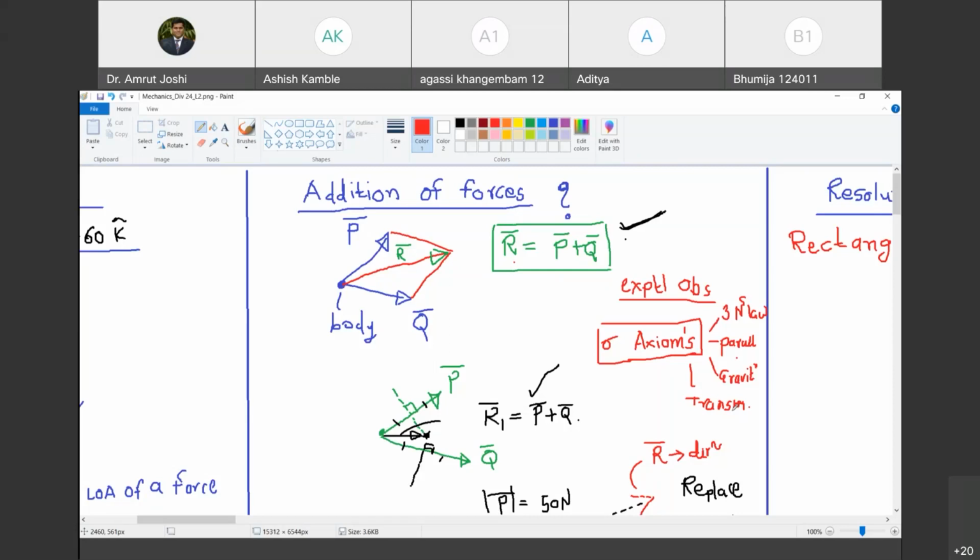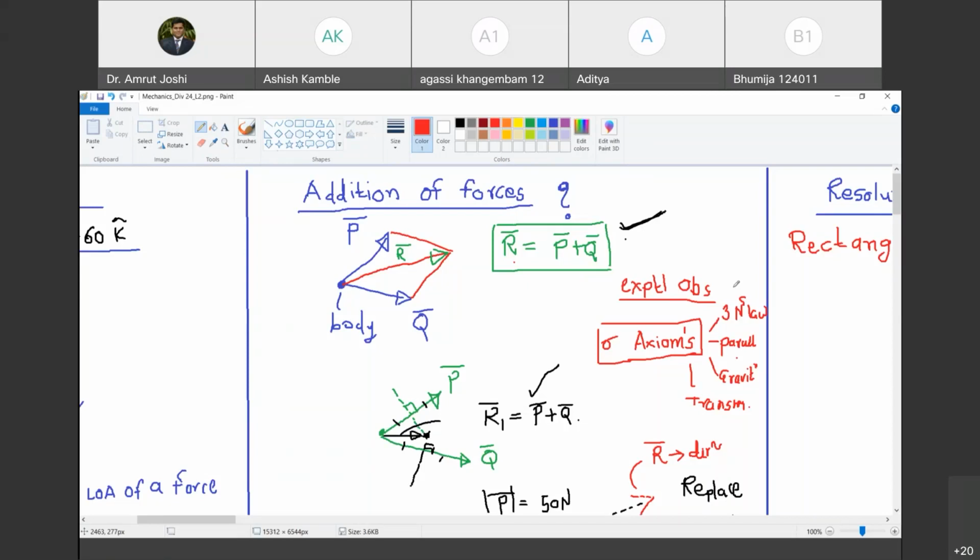So therefore, in our observable universe, all these 6 axioms are found to be true in most of the scenarios. But now we are talking about Newtonian mechanics. When the objects approach the speed of light, few of these axioms are compromised. Are you with me? Yes, sir. So even in our universe, when the objects approach the speed of light, few of these 6 axioms are compromised, and then no longer can we use this mechanics, which is called Newtonian mechanics. Are you with me? Yes, sir. Then we have to use the theory of general relativity and theory of special relativity, Einstein's mechanics. Are you with me? Yes, sir.